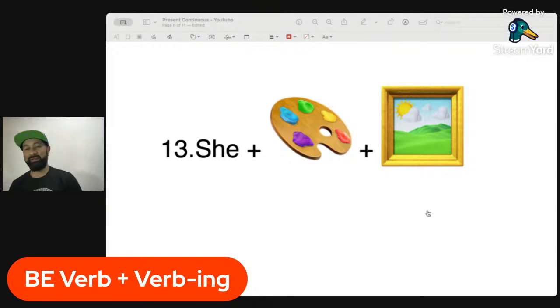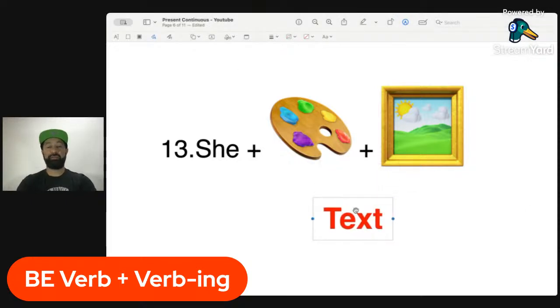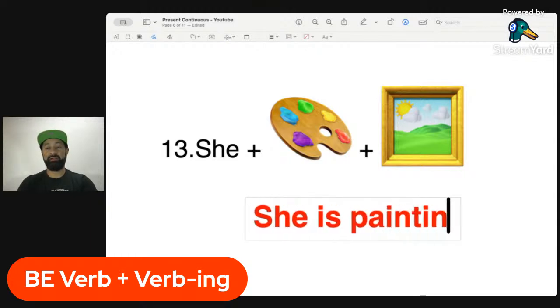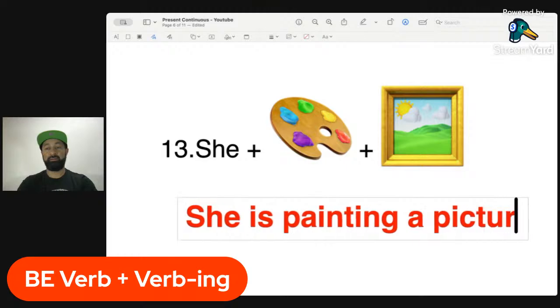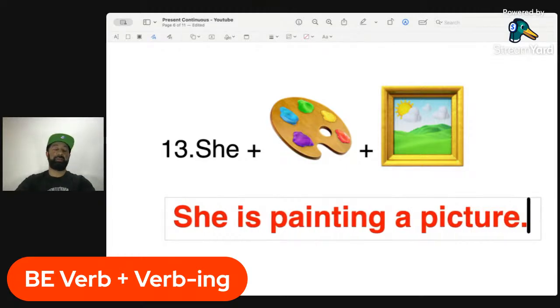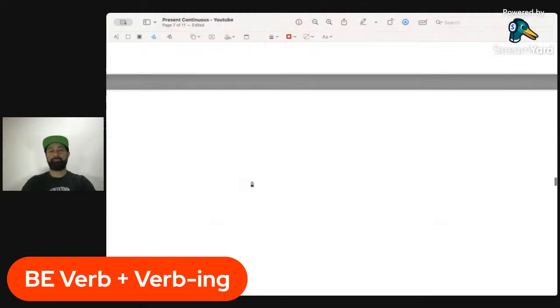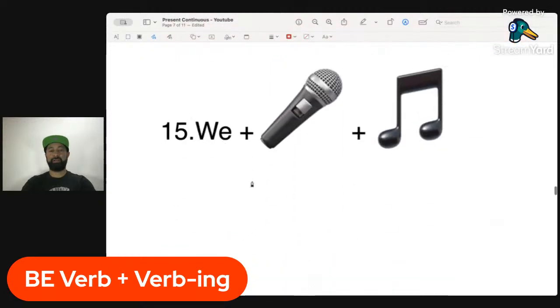All right, so does anybody have an answer for this? Yeah, very simple one. Very, very simple is: she is painting. She is painting a picture. Okay,